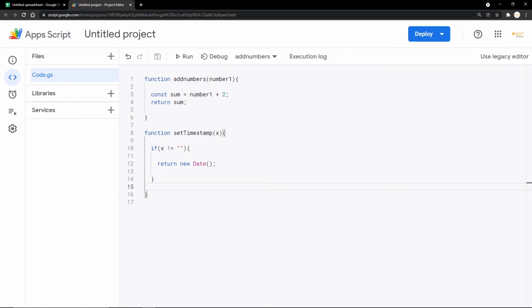So our timestamp code is ready that accepts one parameter from the Google Sheet. Next, it passes that parameter in an if statement that checks whether it's empty or not. If the condition is met, it will return a new timestamp using the new Date function. This means as soon as a new quantity or a new product is added with the ID and quantity, a new timestamp will be returned. So now we're done with our code. Let's go ahead and check the output. I'm just going to copy this setTimestamp function.